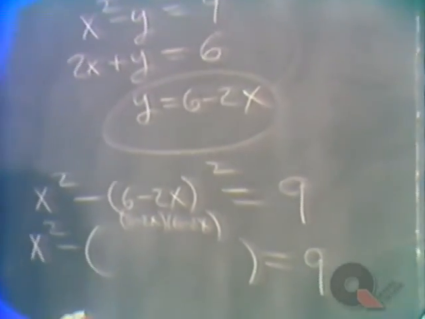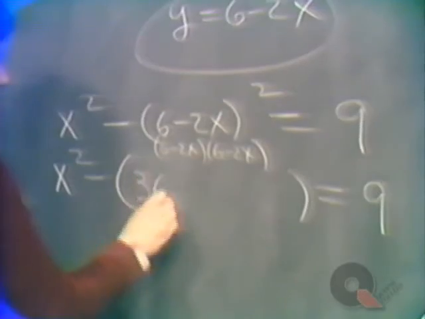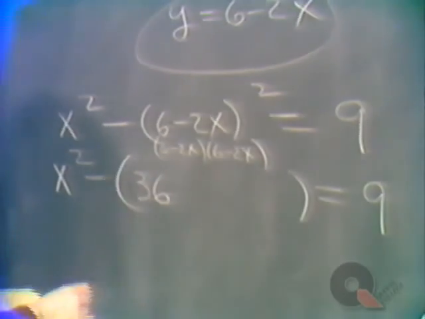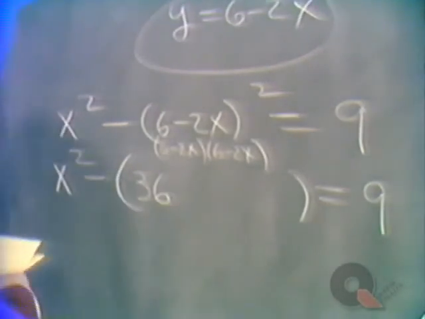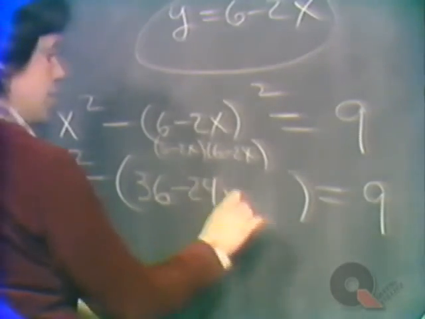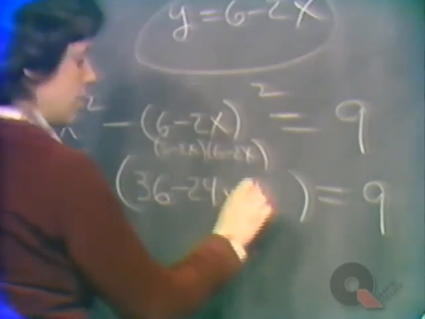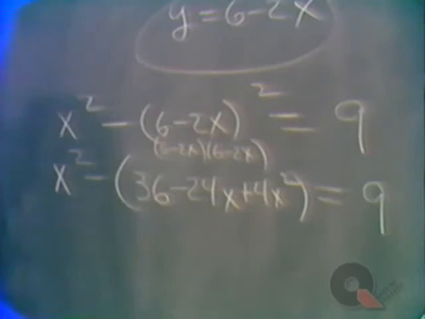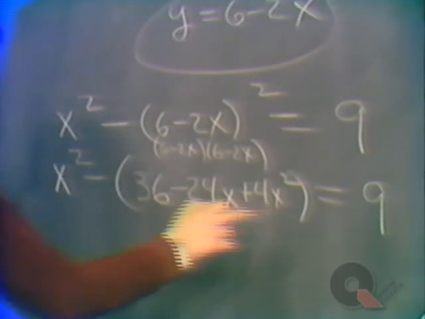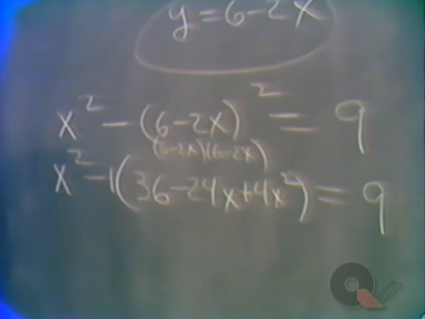To multiply out by FOIL, first we get 36. The outer is minus 12x, the inner is minus 12x, that's minus 24x. For the last, we get plus 4x squared. Now remember, it's x squared minus this, which means a minus 1 has to be distributed through the parentheses. X squared